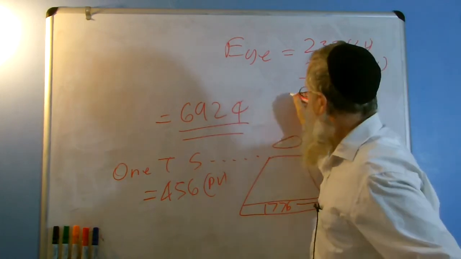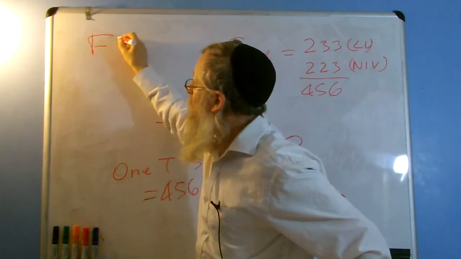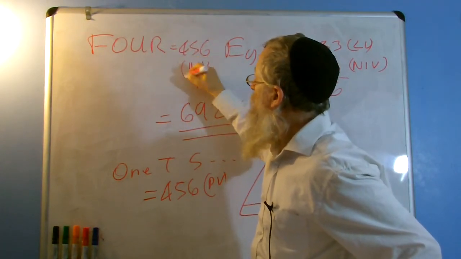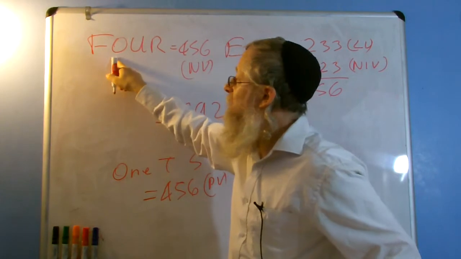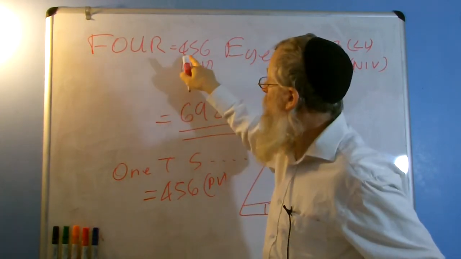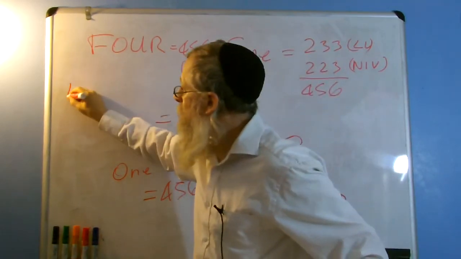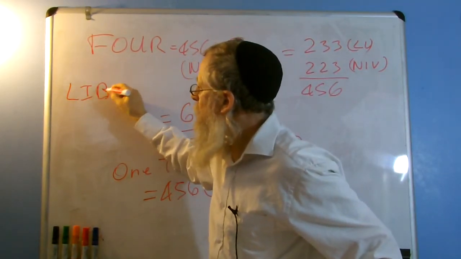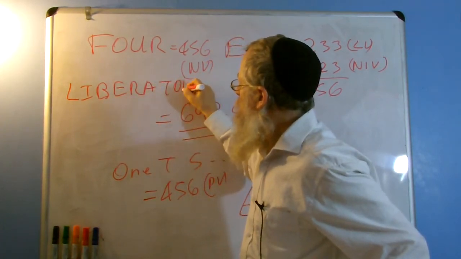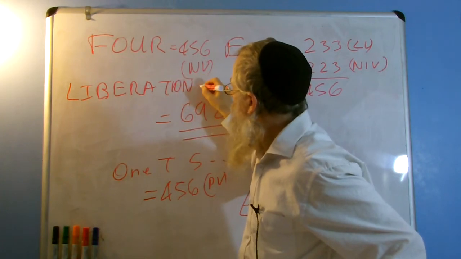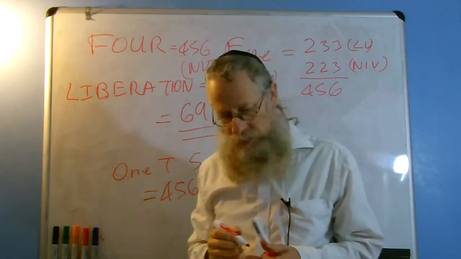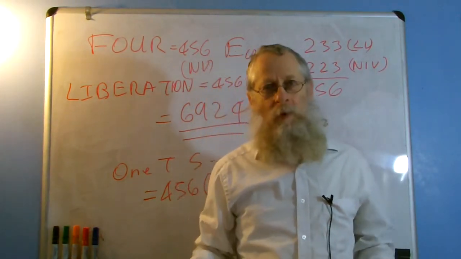And we said that this number 456 is the same as the number 4. It's the 456. That's the normal value for 4, right? F is 6, O is 60, U is 300, R is 90, gives you 456. And it's also connected to the word liberation. Liberation is also got I-O-N. That's also 456 in the normal value, because liberation is the freedom of